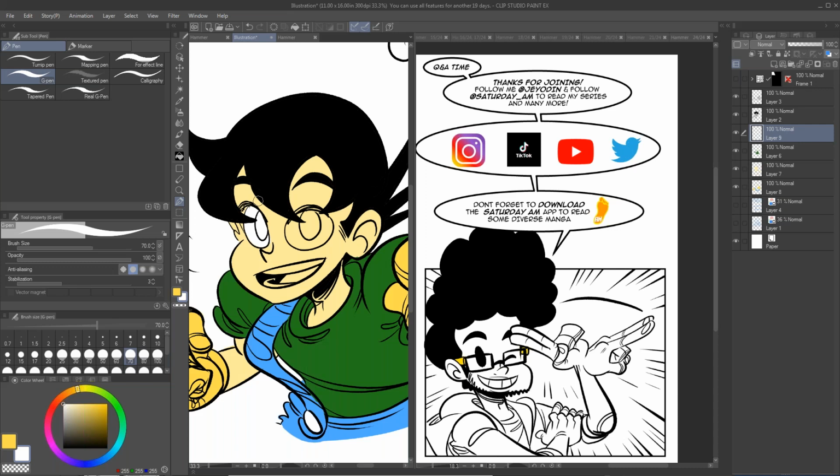Then I realized being in Saturday AM, there's so much going on, and so much stuff that you have to do. Not just draw your comic, but also work on other projects. For instance, like I said earlier, the Flick Solitaire, we had to draw all of our characters for those cards, and that took a long time. So having the ability to just draw your series at a controlled page rate is a very good thing, and I highly recommend it for everybody out there that wants to have a series come out regularly.